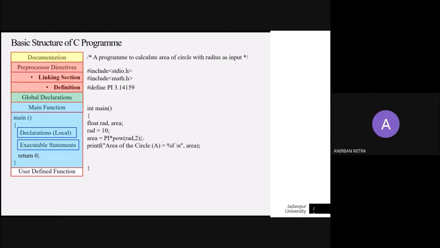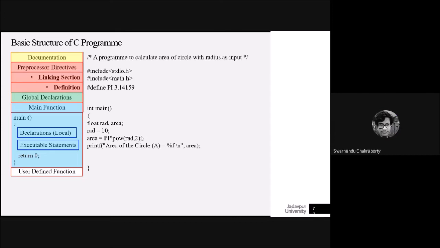And finally, you print the area of the circle like this. Yes, we have to take the radius as input, right? No, you can take radius as input, but here I have just put a value right here. If you want to take user-defined input, you can put a prompt over there with a printf statement, asking the user to input the radius value, and then use the scanf to read that input. But we'll come to that later.